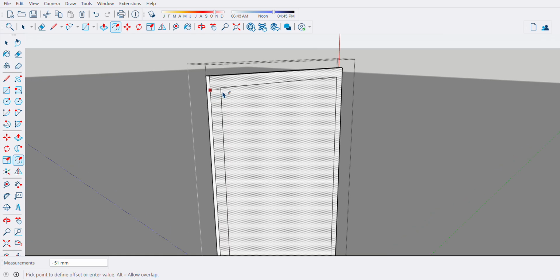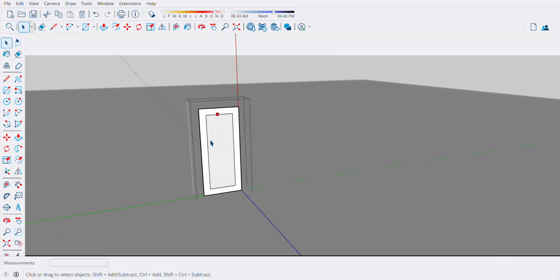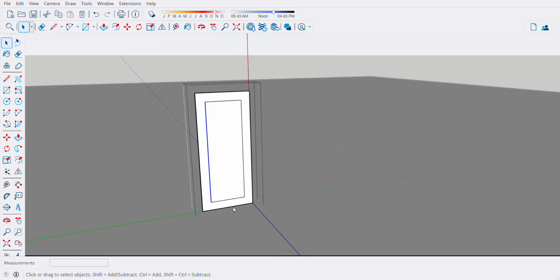Offset this one, maybe 150. Yes, 150, and this one we will divide by 4, and that's it.